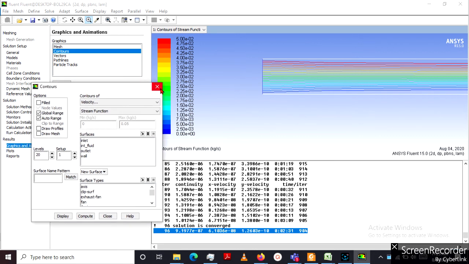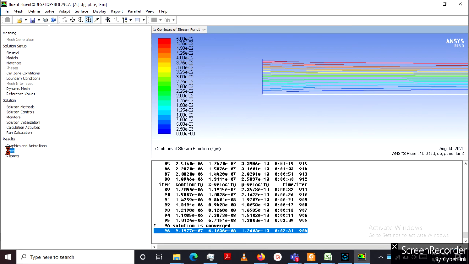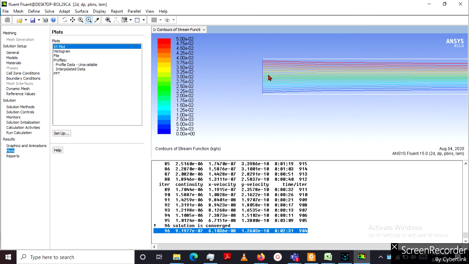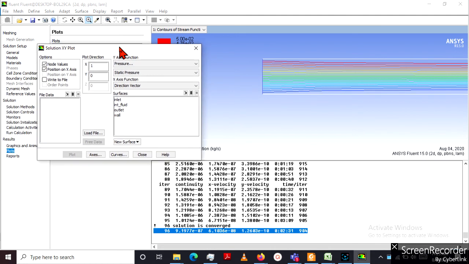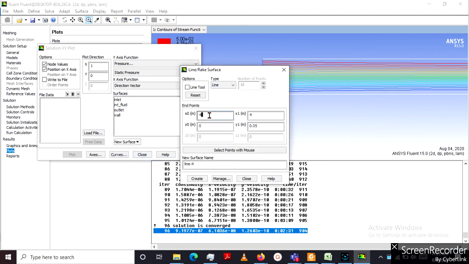Okay. Also you can plot velocity profile in the center line and you can see how it varies. So we have to create a new surface. So coordinate is x coordinate 0, y coordinate 0.5, middle. y coordinate 0.5, x coordinate 8.